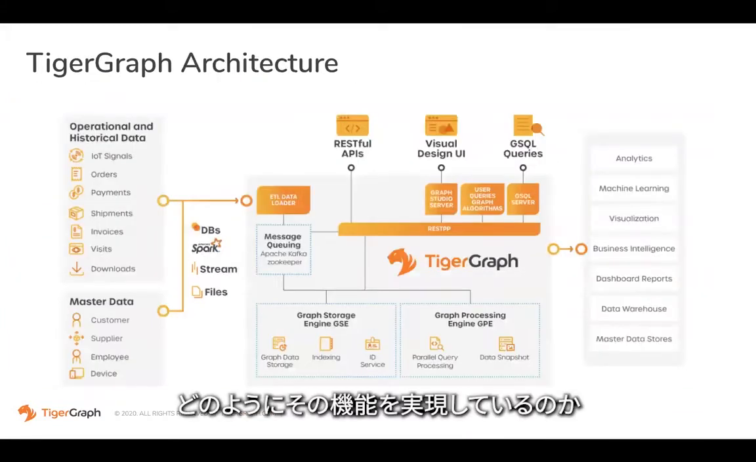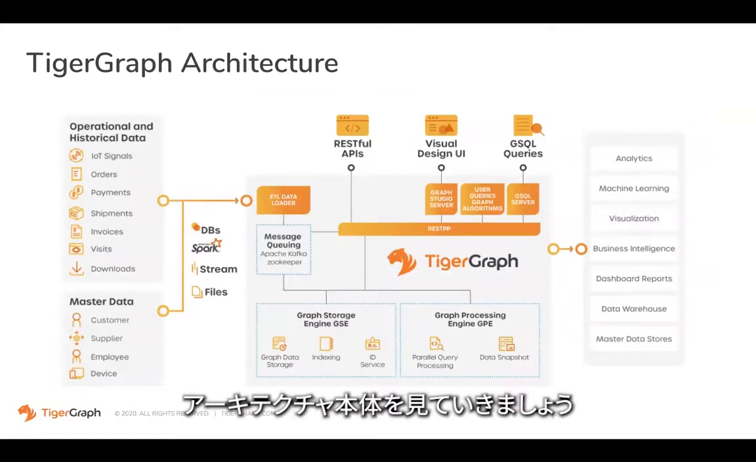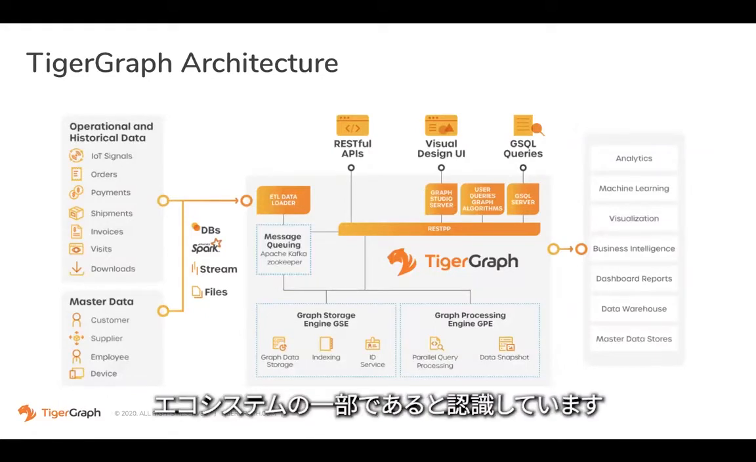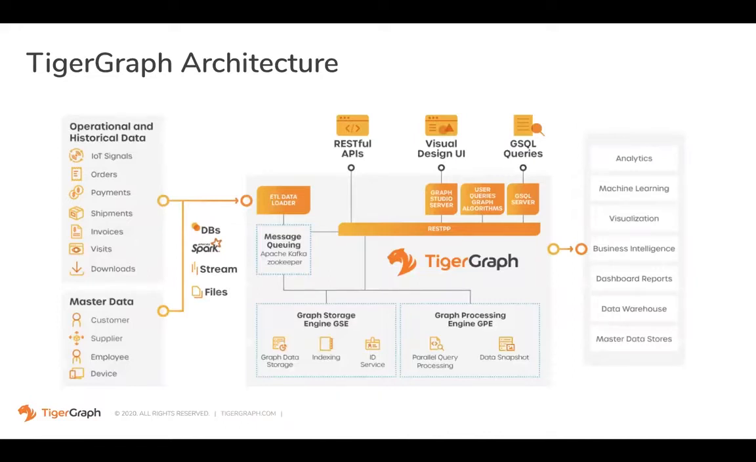Now let's look at the architecture itself. How do we accomplish this? If you look at our architecture, we acknowledge that TigerGraph is part of an ecosystem. There are other systems that are there, so we allow an easy